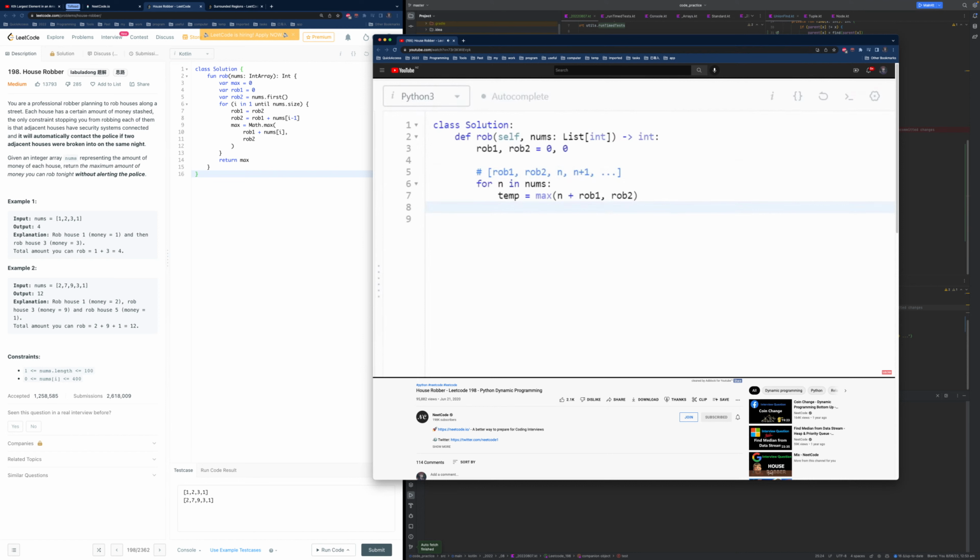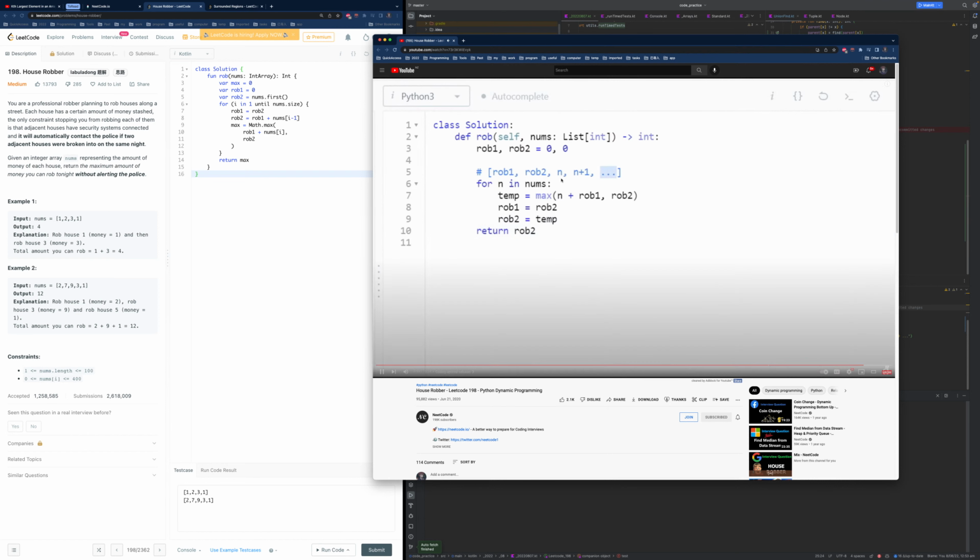So when we iterate to the next position, meaning we get here, we want to update rob 1 to now equal rob 2. So let's do that. And rob 2, in this case, wants to be updated to n. So rob 2 can now equal our temporary value that we just computed. At the end, we want to return rob 2 because by the time we get to the end, rob 2 will be equal to the last value, meaning